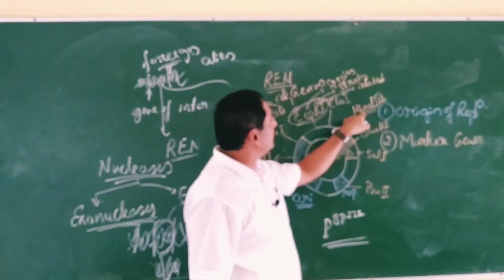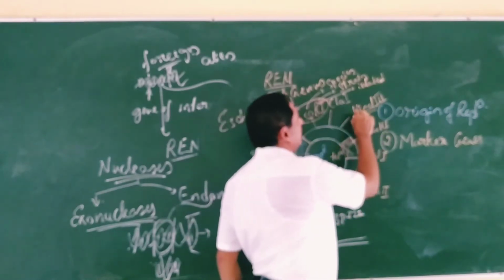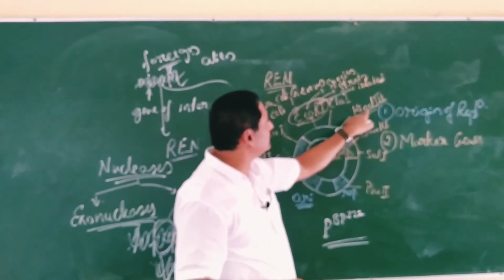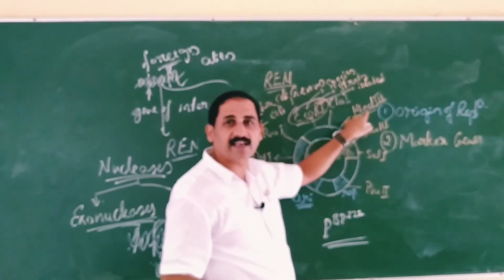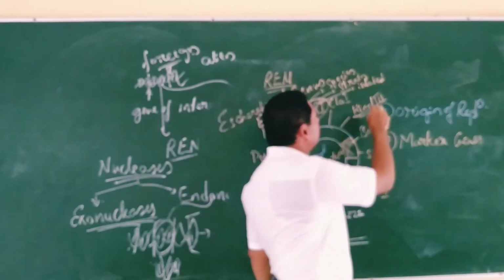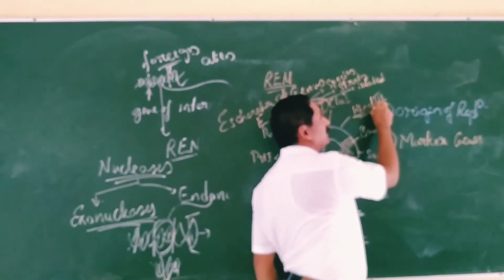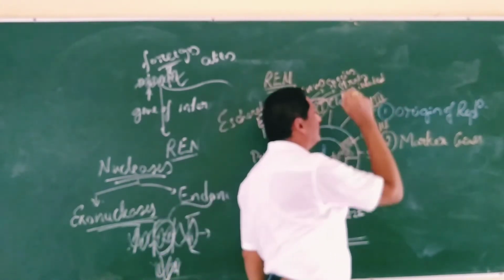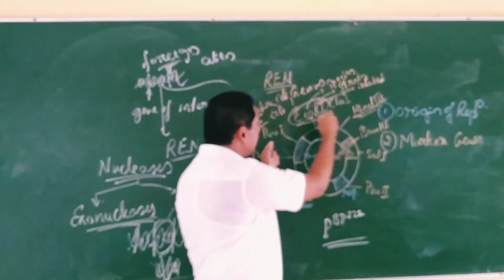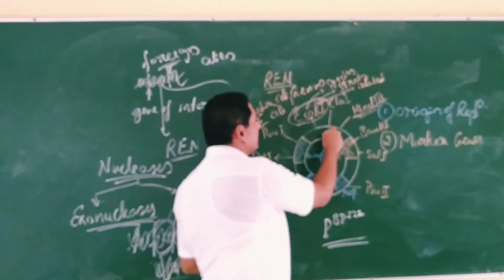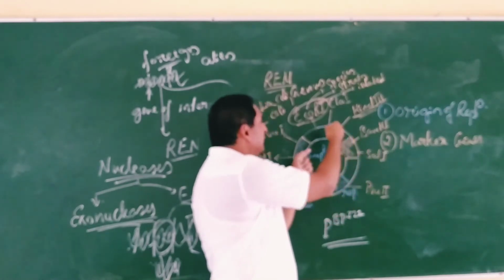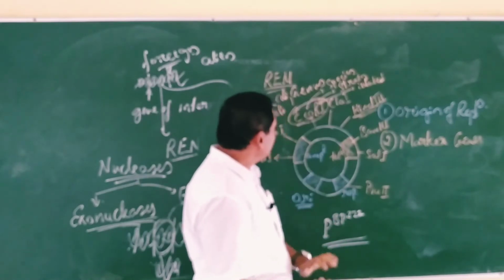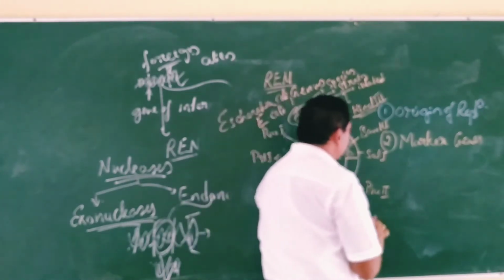Hind III, the first letter H indicates Haemophilus, the genus of the bacteria. The next two letters, IN, influenzae, the Rd strain. Enzyme number three, that is Hind III. So these are all different RENs that cut the double stranded DNA and make a space to insert a foreign gene or alien gene. So that means it should have a cloning site.